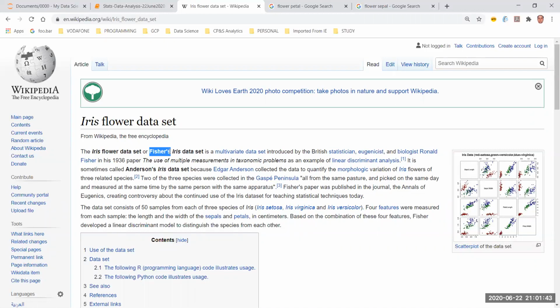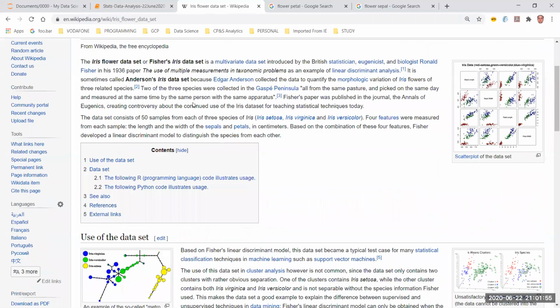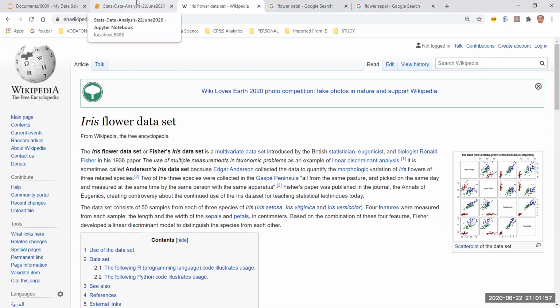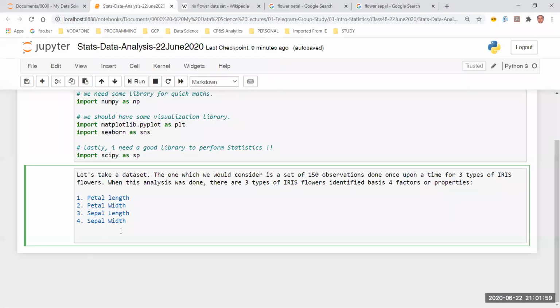So he did the analysis of the iris flower based on the 4 aspects or properties, right? And that's exactly what we are going to use. So we will do one thing. We are going to find, or I have already found, a URL.